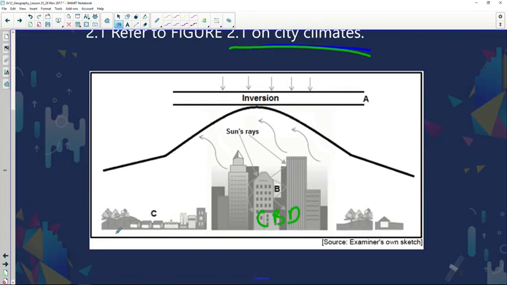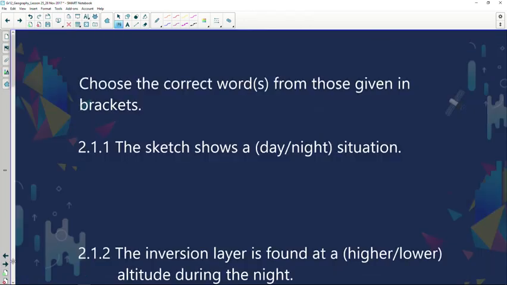We've got an inversion at number A, and we've got the sun rays reflecting from the buildings and being absorbed by the buildings. So let's just quickly look at the questions being asked regarding the city climate and see what it represents. Now, our first question, the sketch shows a day or night situation, and the correct answer will